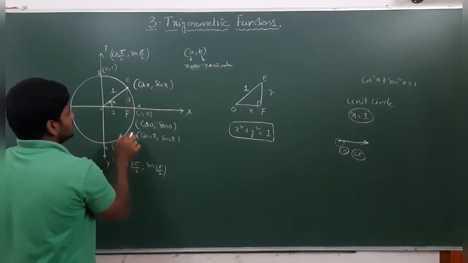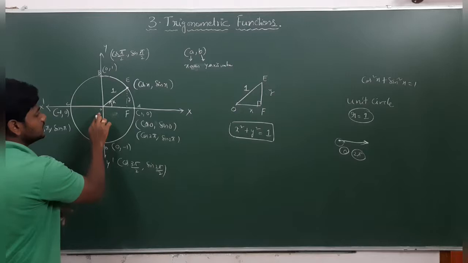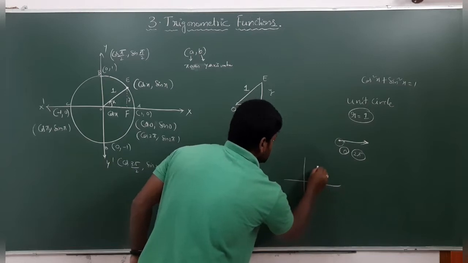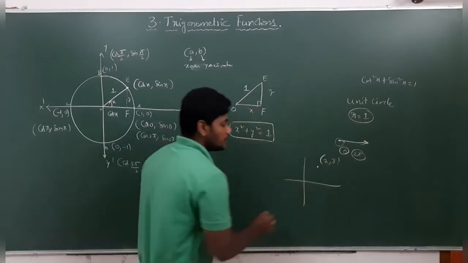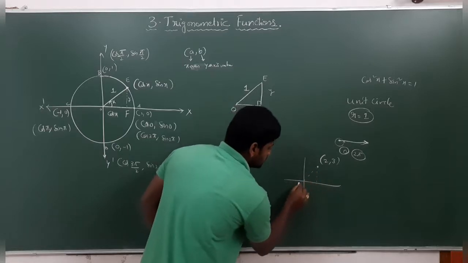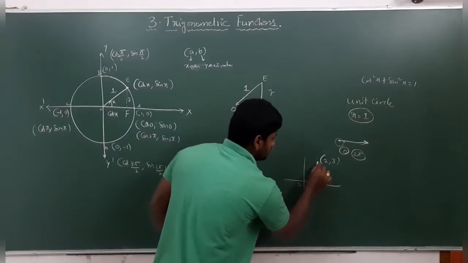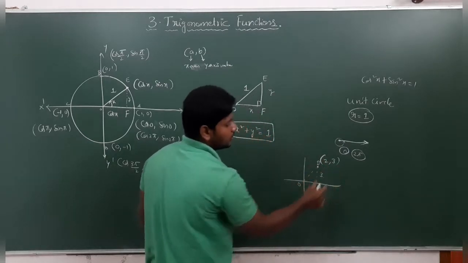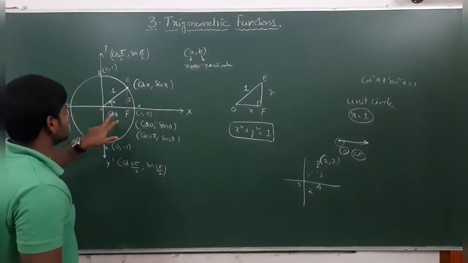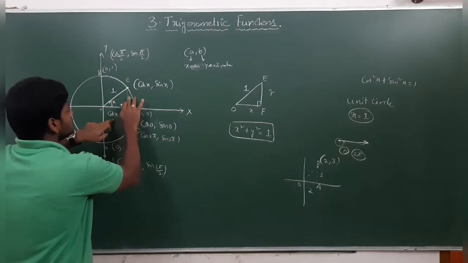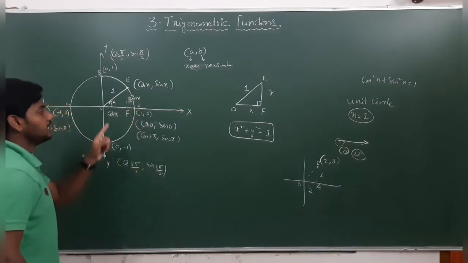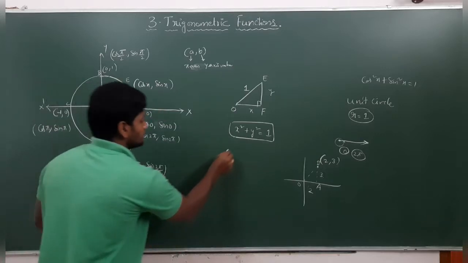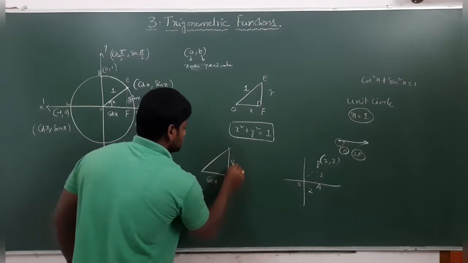So if it is cos x comma sine x, that is nothing but this length from O to F, which will become cos x, right or not? For example, in any coordinate point, if it is the point 2 comma 3, it is nothing but the distance from O to A is equal to 2, and the distance from A to B is equal to 3. So the x axis and y axis distances become the coordinate point. If the coordinate point is cos x comma sin x, this length from O to F will become cos x, and this will become sin x, if that angle is x in a unit circle. So as it is cos x comma sin x, this is cos x and this is sin x.